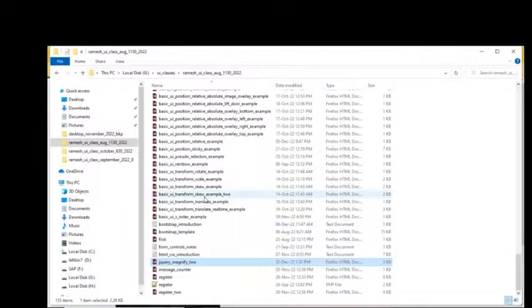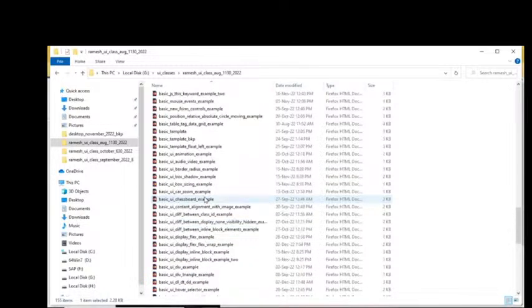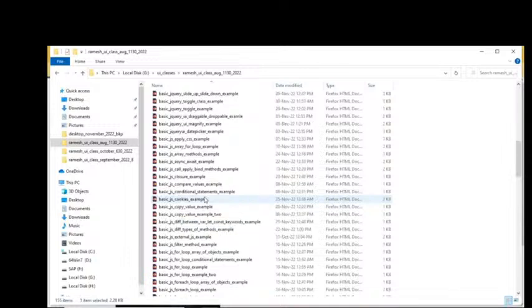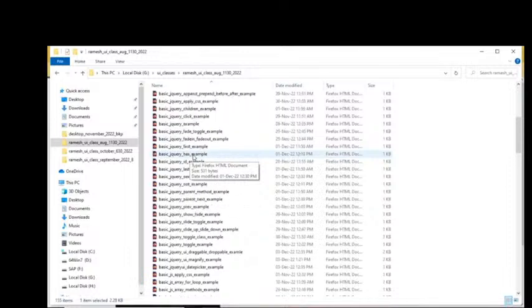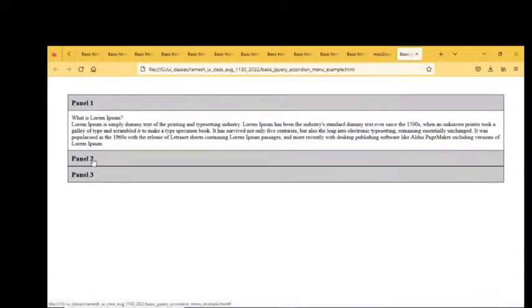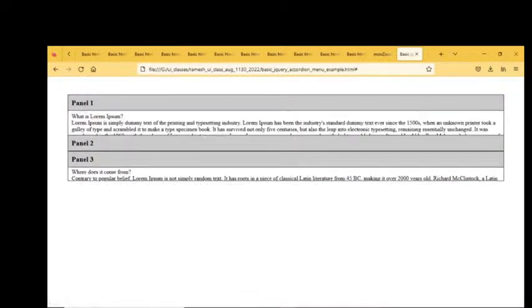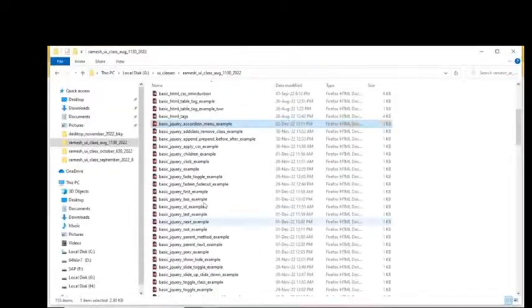Clear, everybody? Respond, please. Okay, everyone, in jQuery also there are first, last, next, DOM traversing methods, and you can observe here an accordion menu. By using jQuery, we write the code for this. I will tell you how to do this. Okay, this type of things,